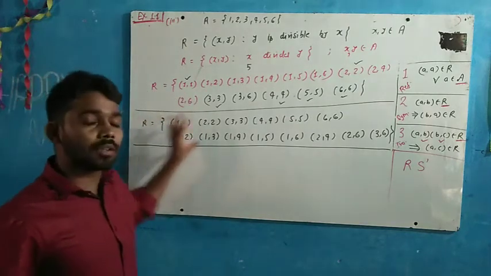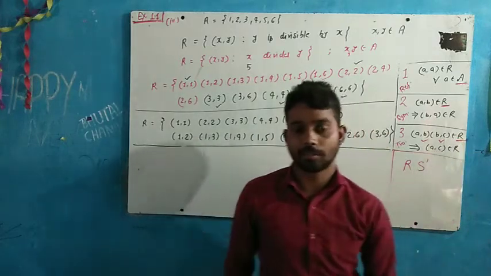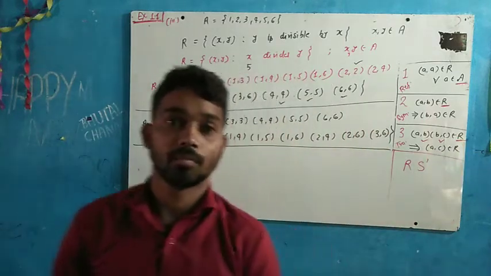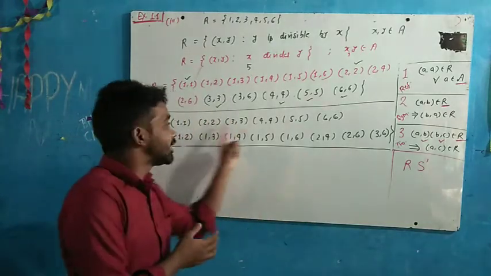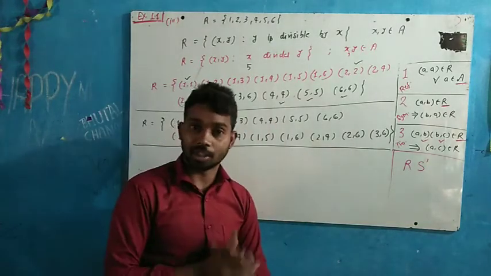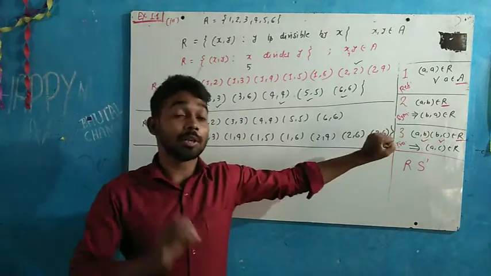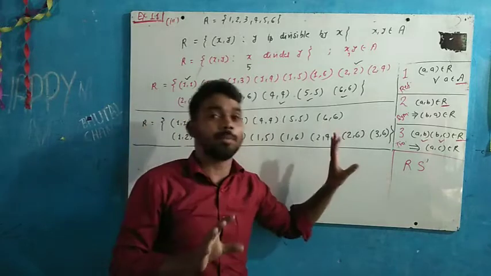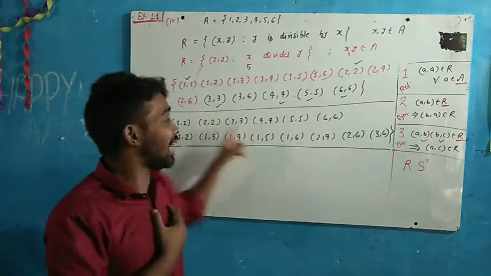When we are going for the transitivity, again, I have already told you, you have to focus on the elements of the capital R. Clear? But no need to check the identity element for transitivity. Now see, the total 14 elements are there. It means we have to check each element. But what I have told, no need to check the identity elements.